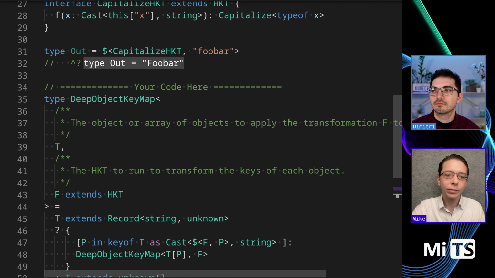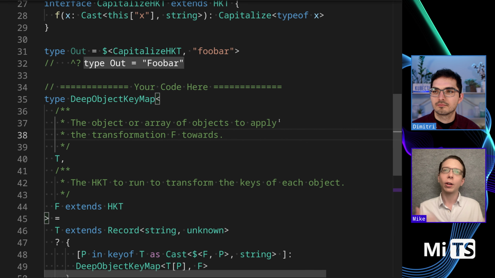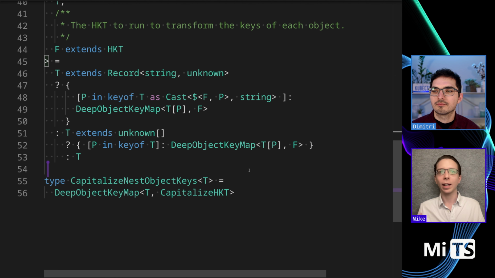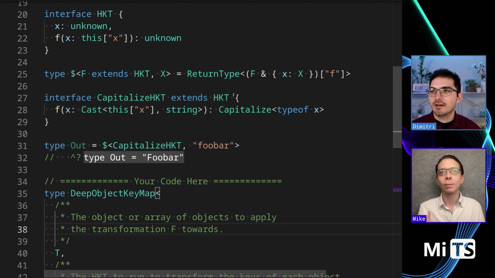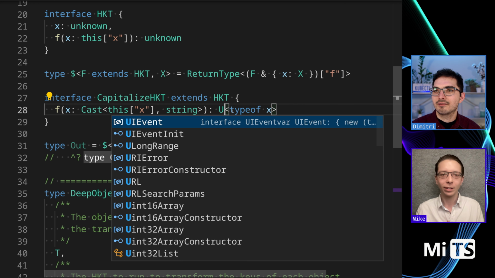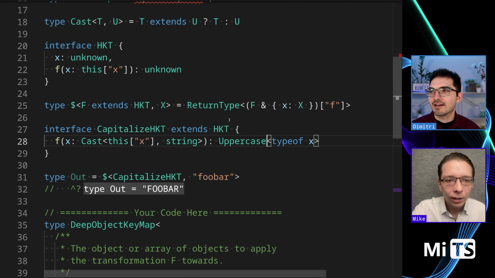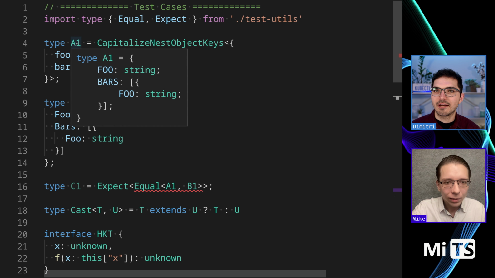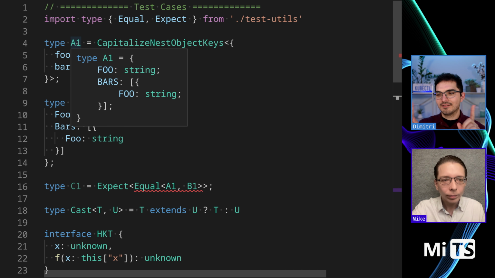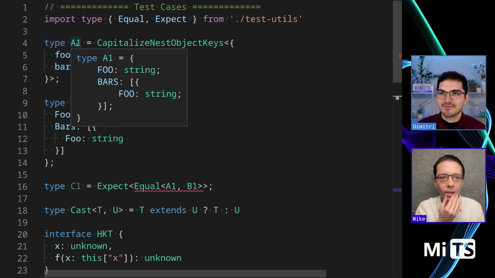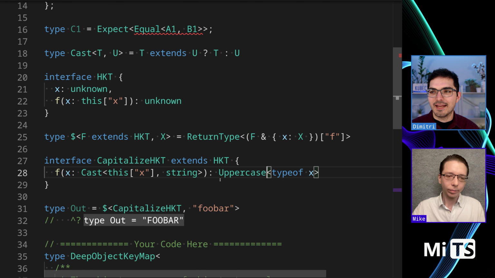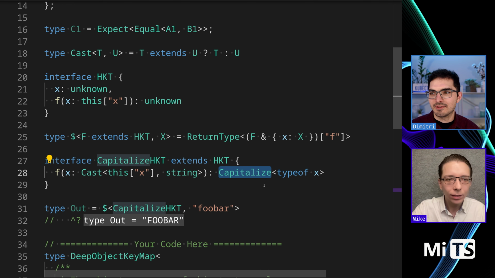So now we have this thing, and we can create all sorts of transformations. Now we can pass in the uppercase HKT and get a different one. I know everything else is wrong, I'm just going to change this to uppercase, and then let's observe what the output is. If I hover over A1, the output is that all of the keys are now uppercased in A1. I know the name is wrong because it should be called uppercase HKT, but that's pretty